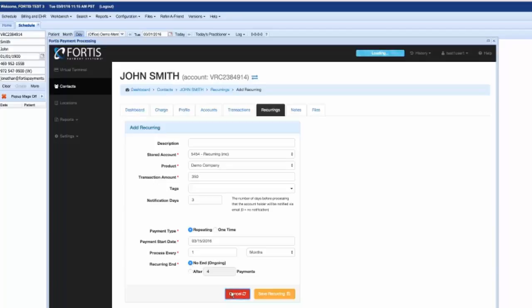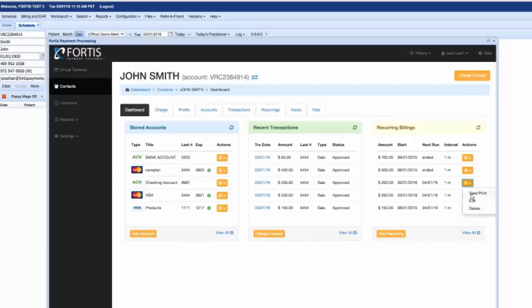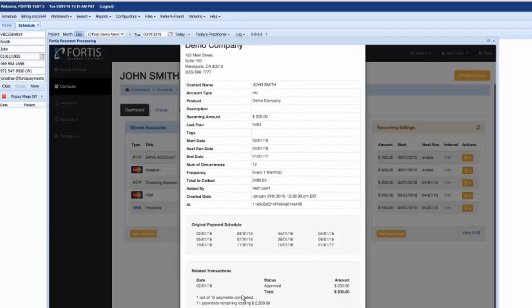Now, once you have those reoccurring set up, we do a few really nifty things for you. One is you can come in here and view these. And so we make it really easy to understand your data. So you can see exactly how many payments have been scheduled, how many transactions have actually run. So we can see what's run here, the total amount you've collected, how many payments are remaining, and the total